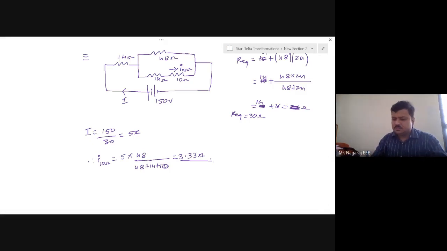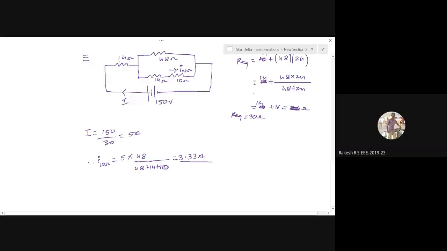Okay. So passive transformation is simple. Only thing is that you need to find out at which terminals we are transforming, and substitution while calculations is also important. So don't directly do it orally or manually. Try to substitute, write the values in the equation form, then keep the answer, where the tendency of making mistakes will be very much less. So any doubts? No, sir. Okay.